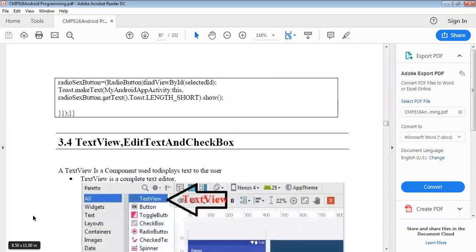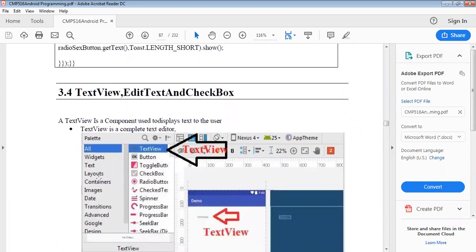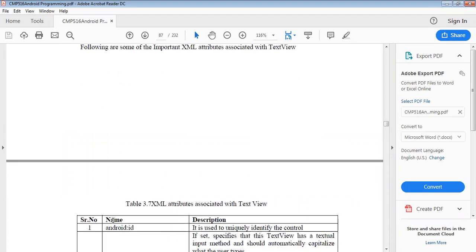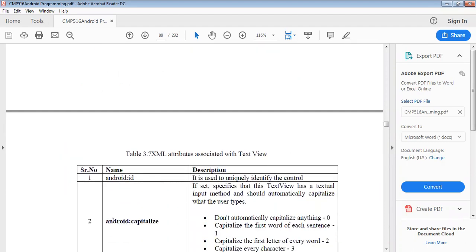Next we can see the text view or edit text and check boxes. All those things are presented in our text view. We saw all those things in the last lecture, in chapter number 2.